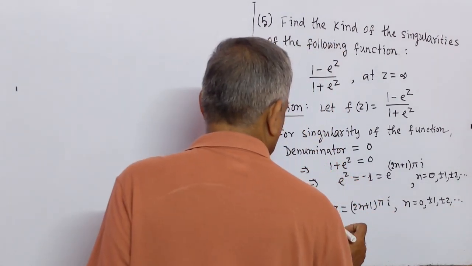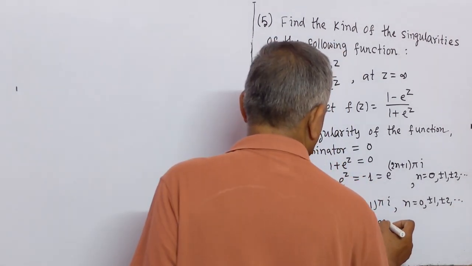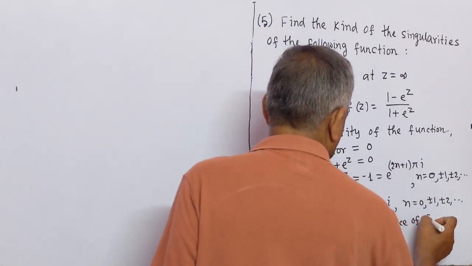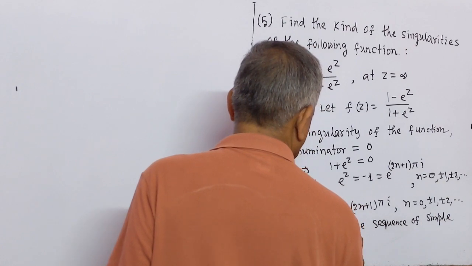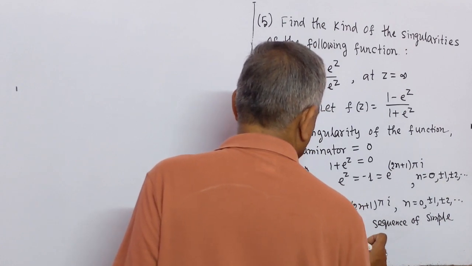These are a sequence of simple poles of the function